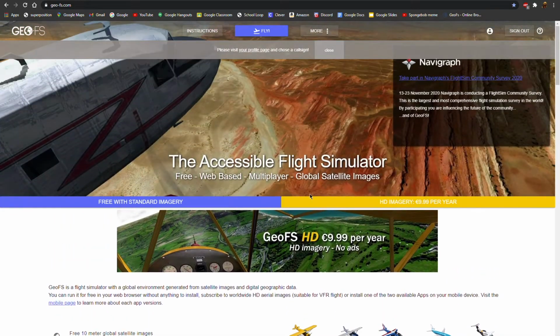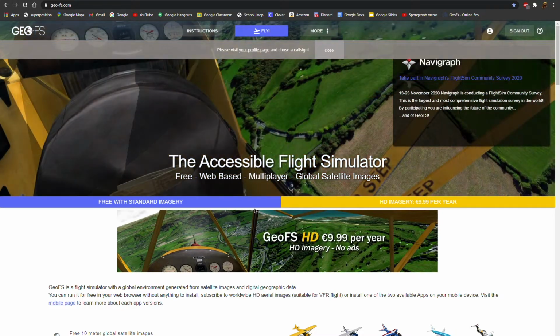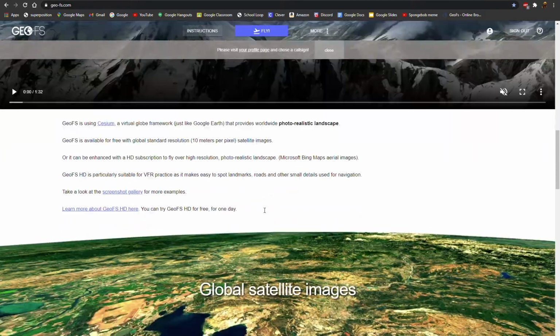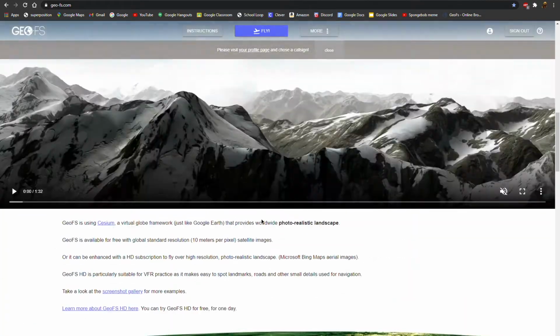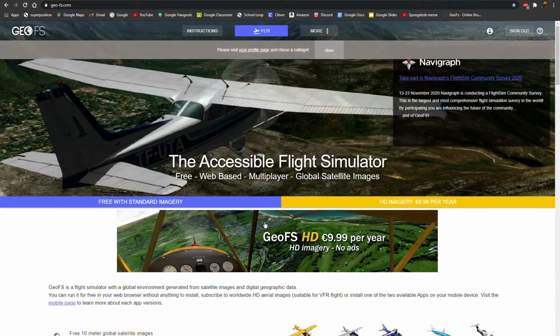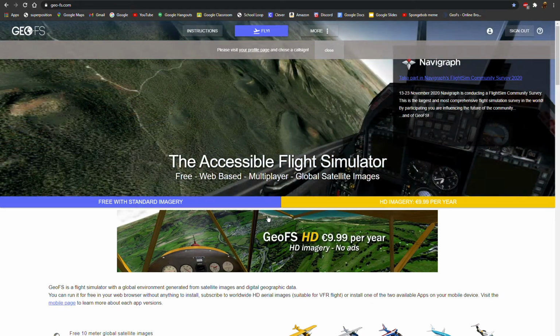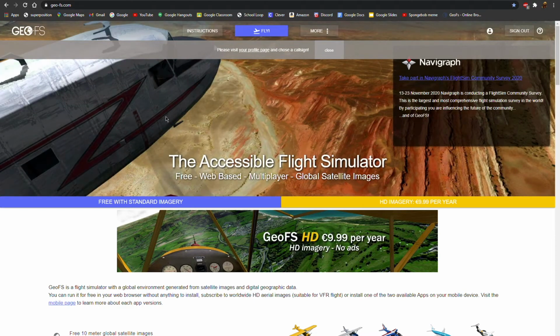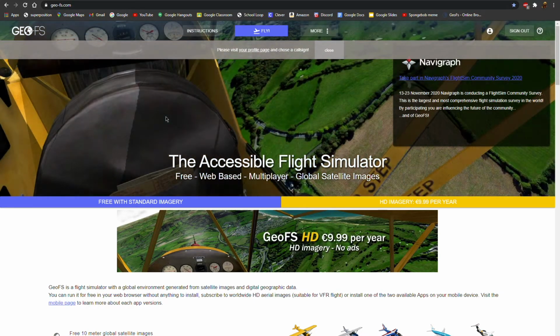Today we are not in our mobile flight simulators, but instead we are on my PC. We are actually in a browser flight simulator called GeoFS, and it's actually really good for a browser. This is way above all the browser flight simulators there are. It's the best browser flight simulator here in Google Chrome, and I am in Google Chrome